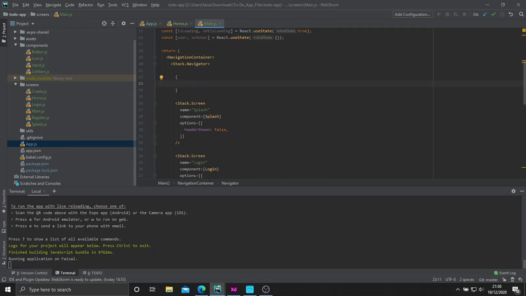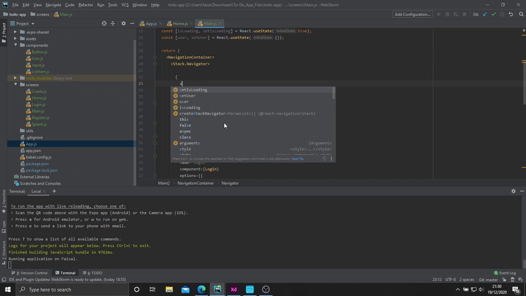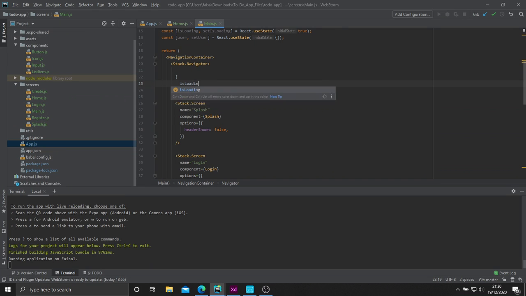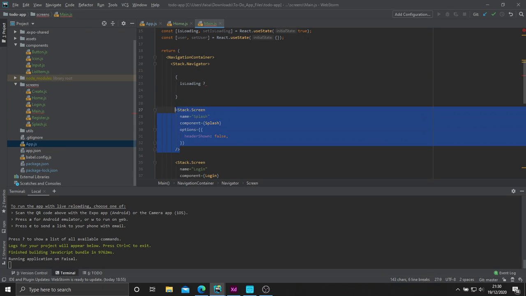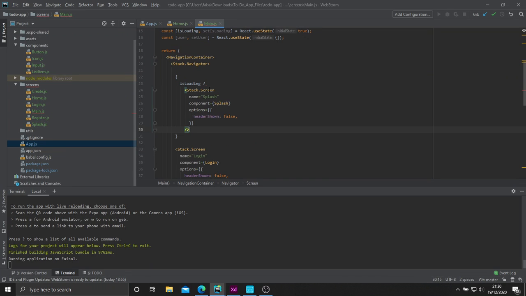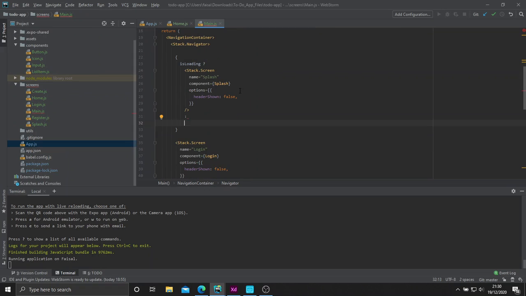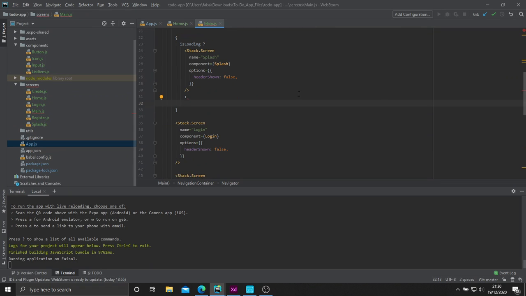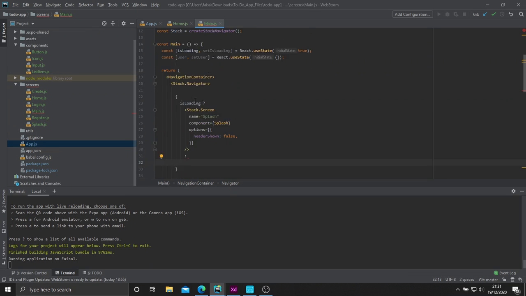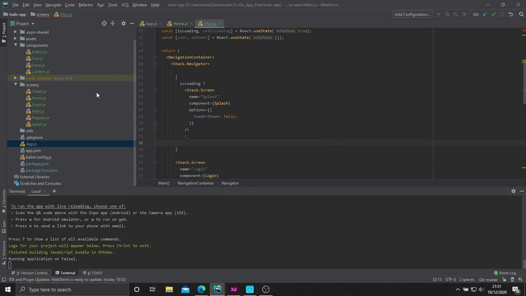So what we're going to do is a ternary operator, which is basically if this do that, else do that. So if isLoading, then go ahead and show our splash screen. So we'll just bring that up here. Else, now here we'll do another ternary statement, and here we're going to check to see if our user is equal to null, right? So how we're going to do that is, let's go ahead and go to our util screen,